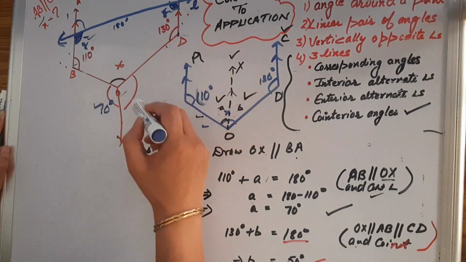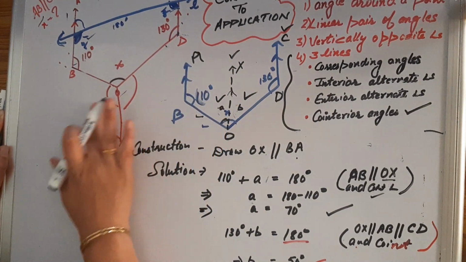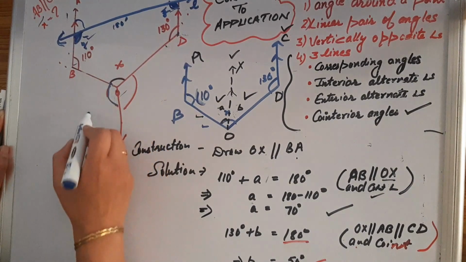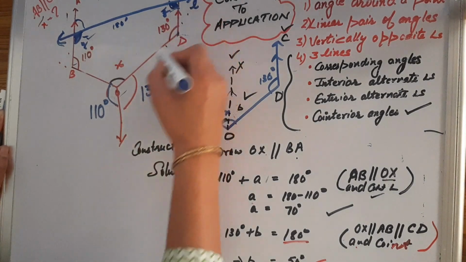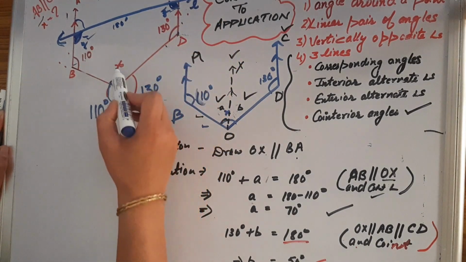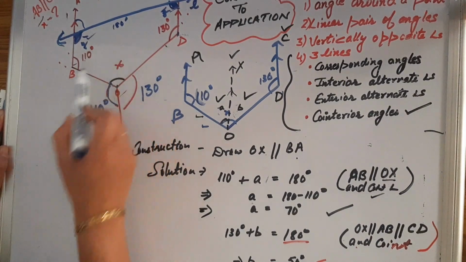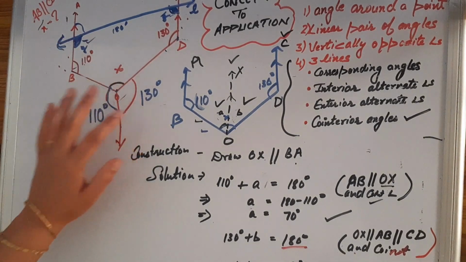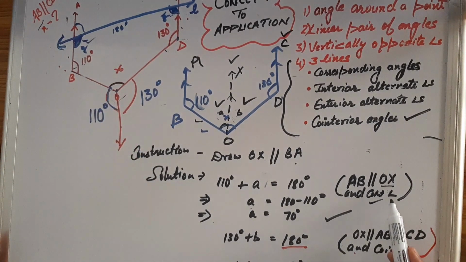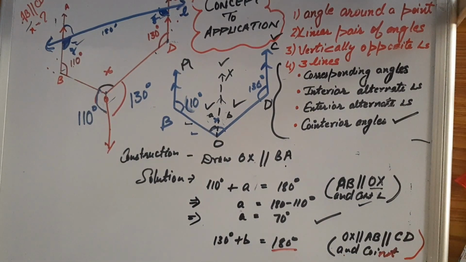this is going to be your 70 degrees, and this is going to be, very sorry, they are alternate interior, so they are going to be equal, 110, and this is also going to be 130 degrees because they are also alternate interior. Now this is X. Angles around a point is 360 degrees. So you can add X plus 130 plus 110, and you must write the reason in the bracket: angles around a point is 360 degrees. Then you'll get a linear equation in one variable, which can be sorted out for X very easily.